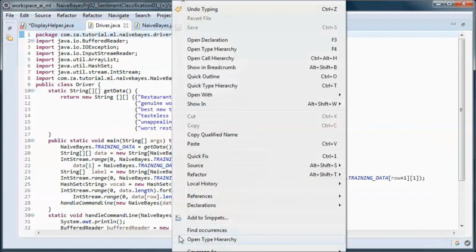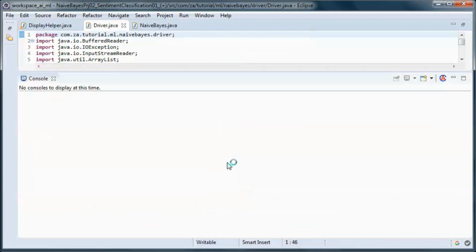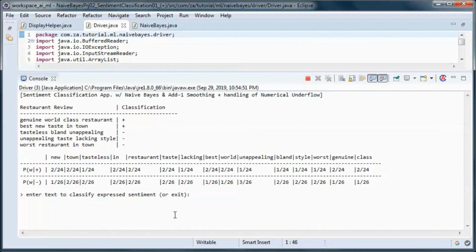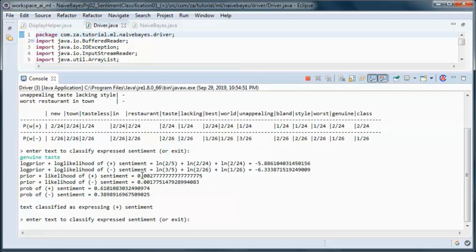And now let's test run it. And here we go. So we'll use the same document as on the original tutorial, so that we can compare the numbers.